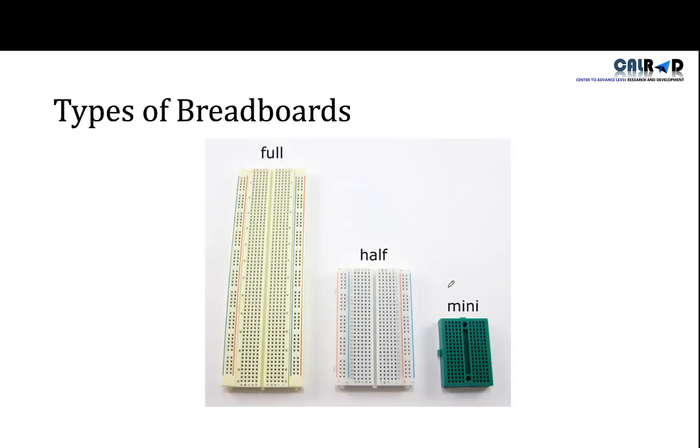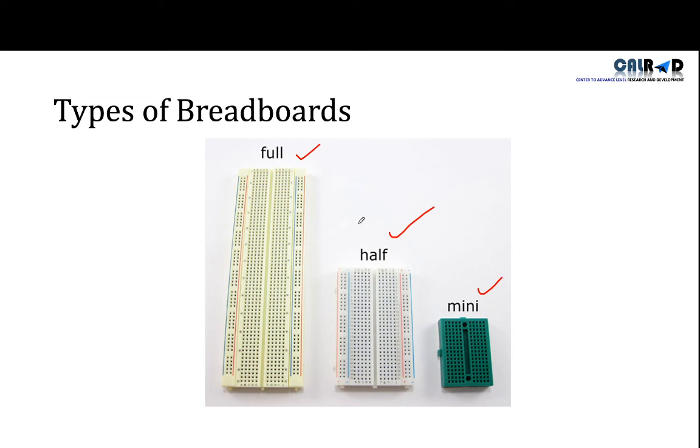So what are the types of breadboards? There are three types of breadboards currently in the market: full, half and mini. If you are making multiple projects on a single board, or your project has a large number of components, then you must use a full breadboard. If you are making a project with few components, then you should use a half. And for displaying some LEDs blinking, or for study purposes, you can use a mini.